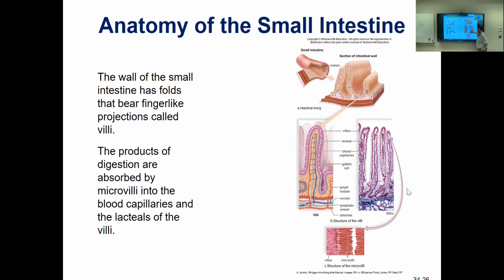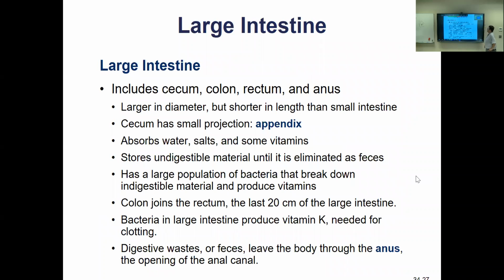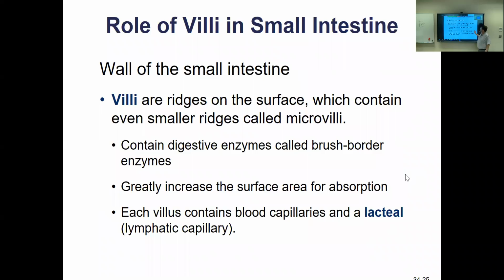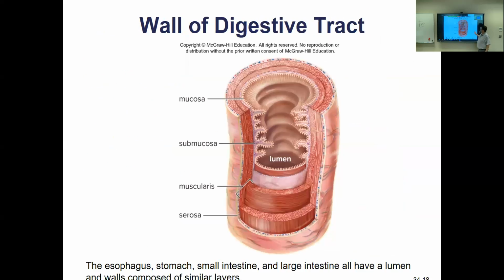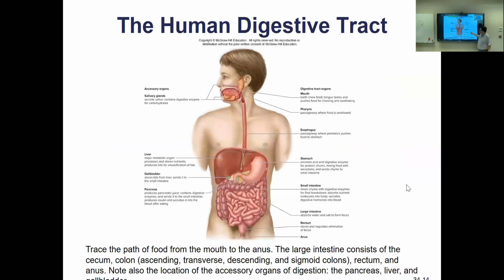Anyway, so the answer will be here. If we find the pill, it will absorb, it will stop these guys from doing their job. All right, large intestine, sucking water out of poo, okay? That's what it does. Okay, appendix, here's a weird one. What does the appendix do? A little structure back here, I don't think it showed in the picture. Right here where the small dumps into the large, there's a junction called the cecum. We have an ascending, transverse, and descending colon. That little finger sticking off is a blind finger pouch in the large intestine, whose function was pretty much unknown, and we still debate it.